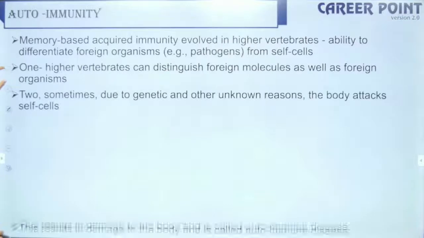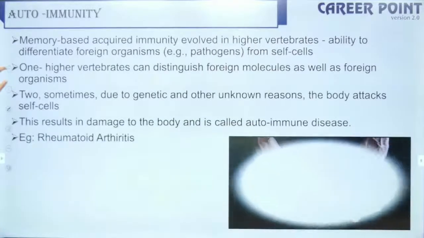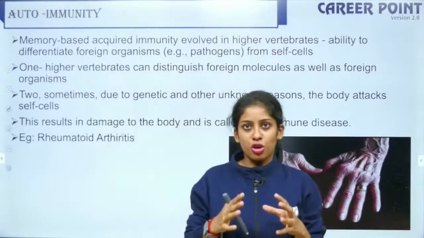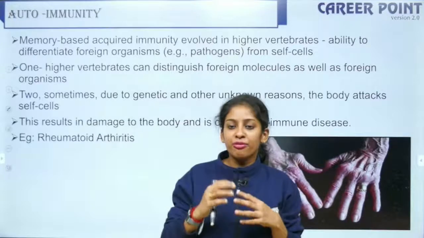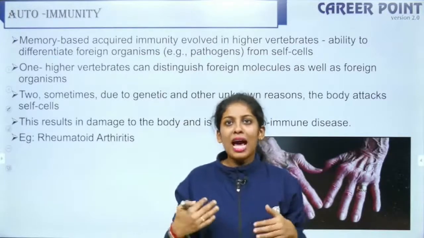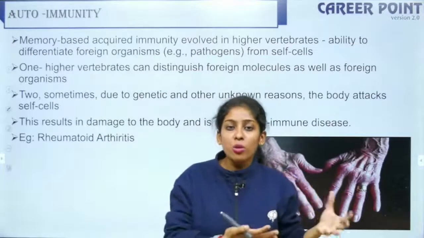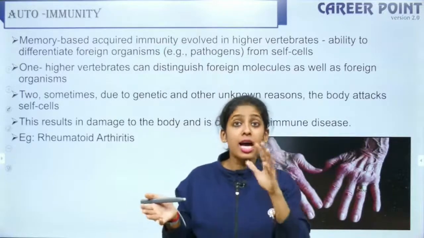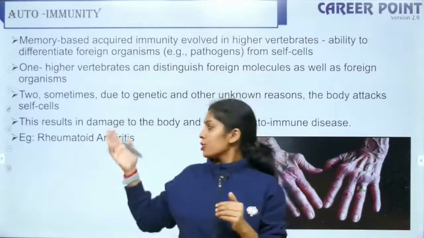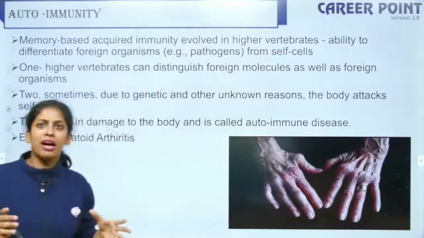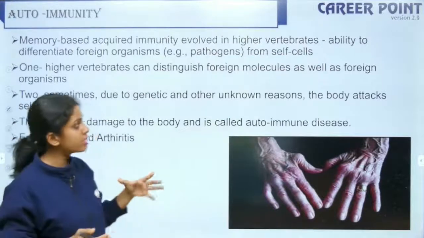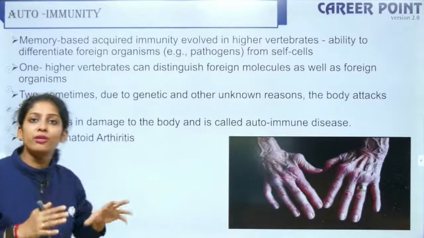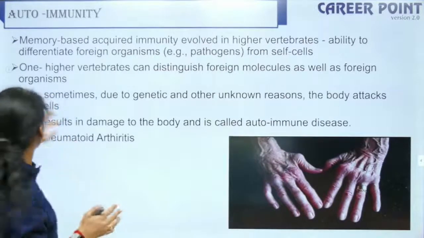So you have something called autoimmunity. This is when your immune cells destroy your own self cells. Now my immunity is strong, meaning my body can fight the foreign agents. But what will happen when my body starts fighting against my own cells? It is like people of the same kingdom fighting against their own king, right? That is harmful. That is autoimmunity. Examples are rheumatoid arthritis and myasthenia gravis. You have a lot of diseases, but here your memory is lost, or your ability to differentiate between self and non-self is lost, okay?